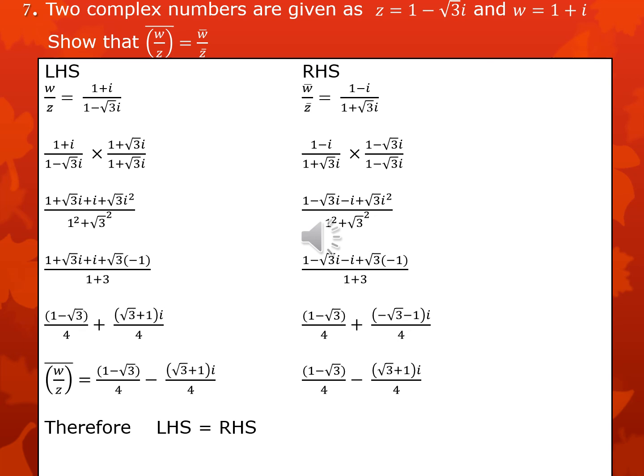And we can further simplify that expression by factorizing the second fraction. Negative 1 is common, so when we put negative 1 outside, the expression is simplified to 1 minus root 3 upon 4 minus root 3 plus 1 upon 4i. Now we can see that the